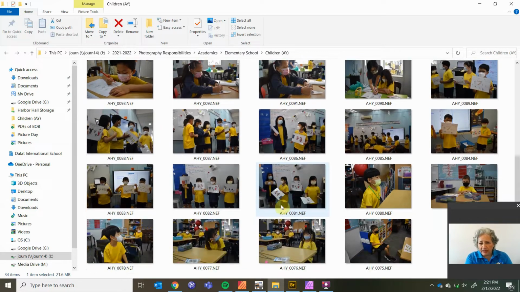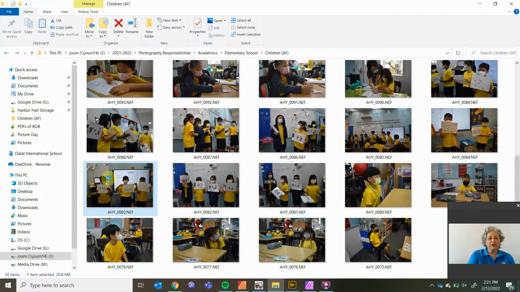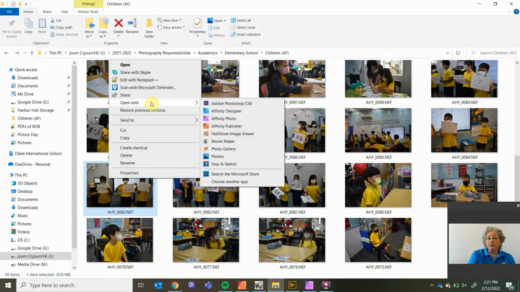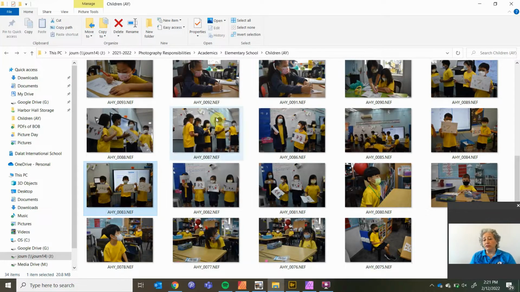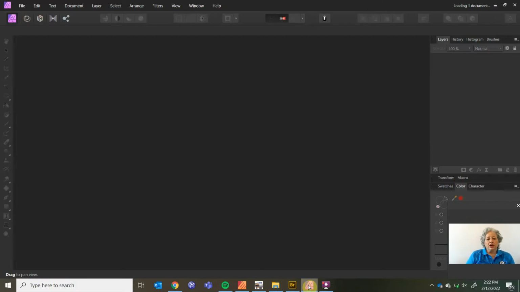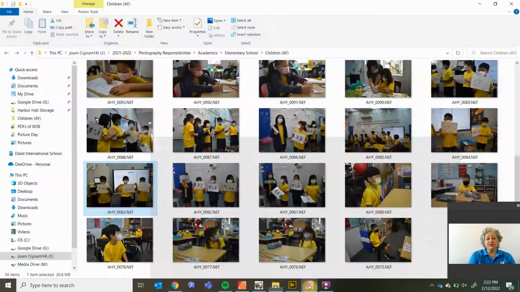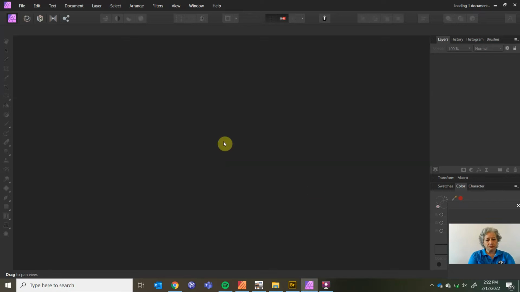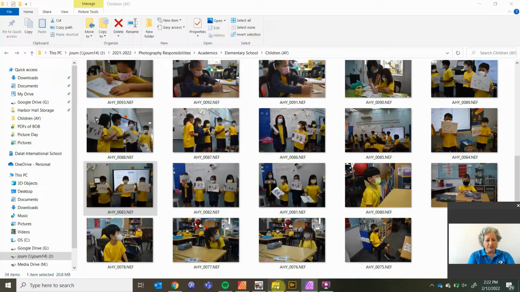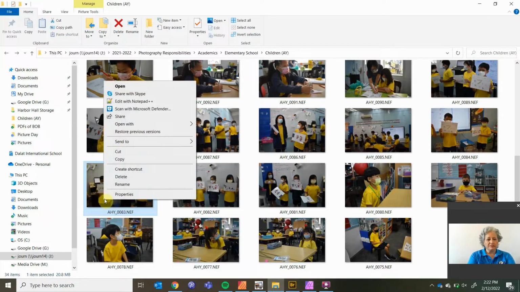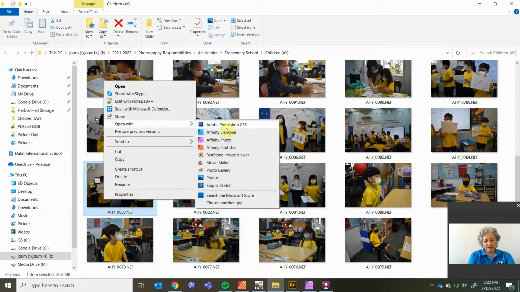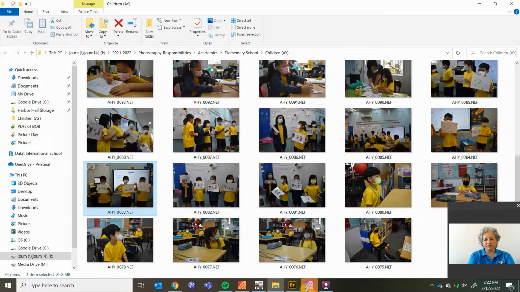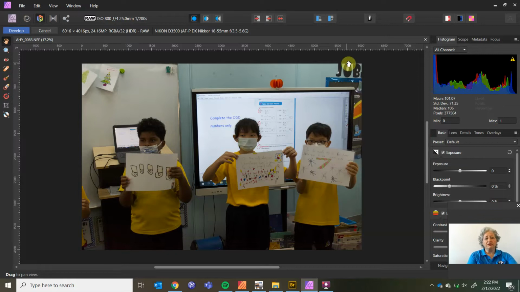one second, here we go. And then I can go open with, we can change that later so it will be faster, Affinity Photo, and we're all ready to edit our photo. Our photo's open. From there we know how to develop it. And for some reason it didn't open, so I'm just going to go ahead and do that one more time. There we go. From there you know how to develop it and work with it from there,